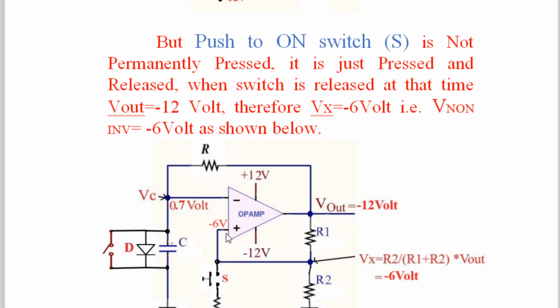Both terminals will become -6 because this terminal is the voltage across the capacitor, which is charging in reverse direction. When the voltage at this terminal is just above -6, for which we'll consider -6.01, -6.01 means just 10 millivolt greater than this. Now you will compare these two, and then you will say -6 is positive as compared to -6.01. When this voltage is positive, meaning greater, the output of the op-amp will be thrown back to its original position, that is called your monostable state.